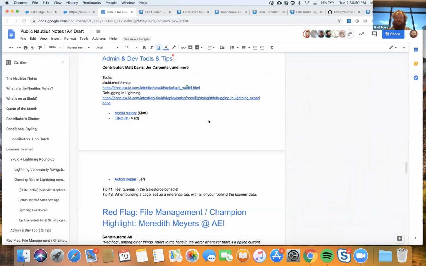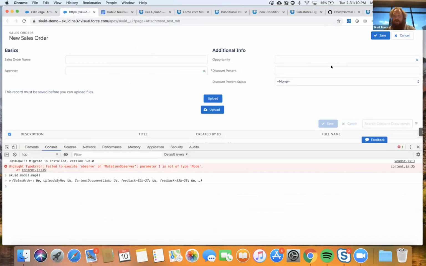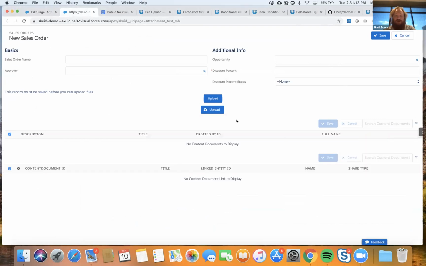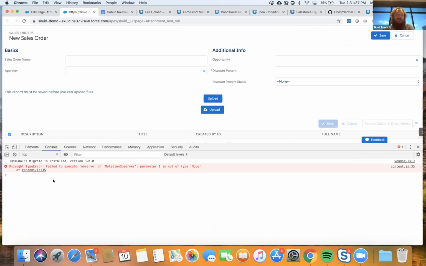As an intro, the first thing that you should know, if you're a developer, this is old hat, but if you're someone like me and not coming from a code background, things like the dev console in the browser are really scary. It takes some work to make them not scary, but they really aren't. I wanted to point out one really common thing that we do, which is get to the model data in our page in the dev console. If you've never done this before, it's as simple as clicking inspect, and then you get the option to go to your dev console here. And if you type in